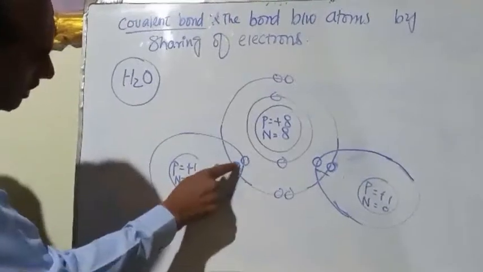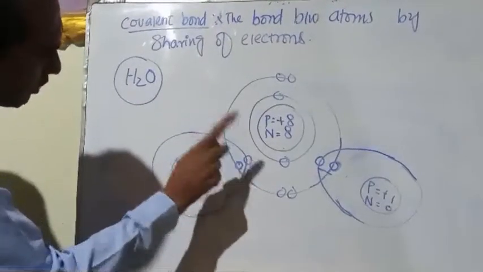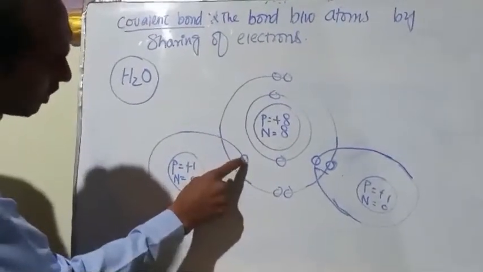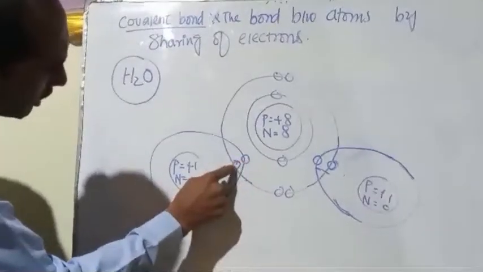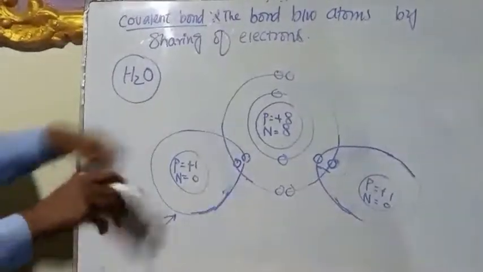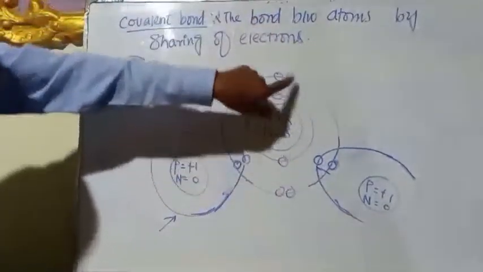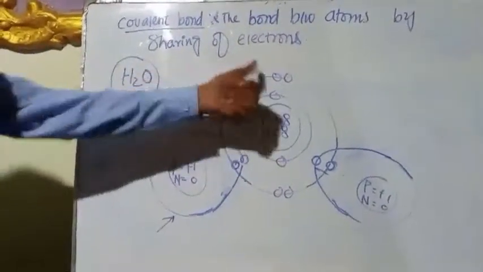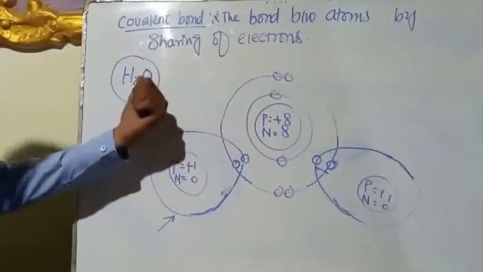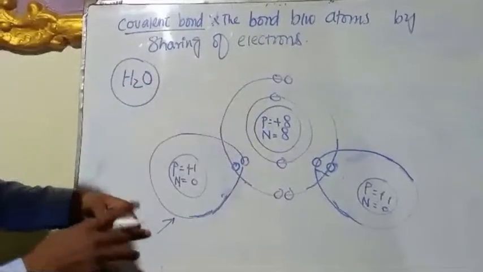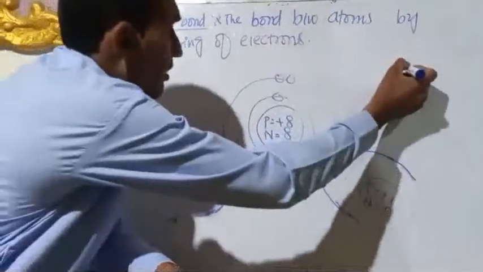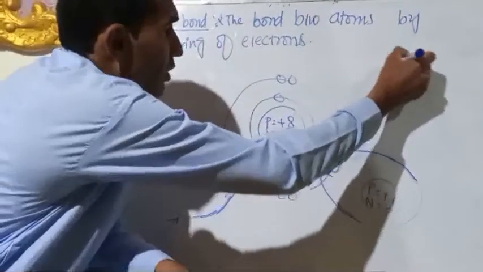This time hydrogen has shared with oxygen only 1 electron, and oxygen has also shared only 1 electron with hydrogen. So this is the formula of the H2O molecule that has been formed by the covalent bond. And the structural formula of the H2O molecule is